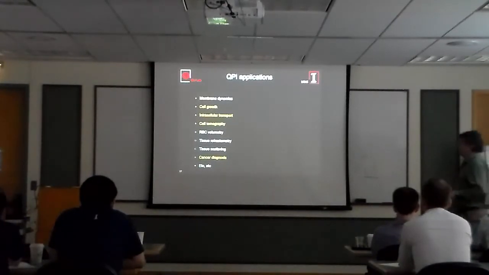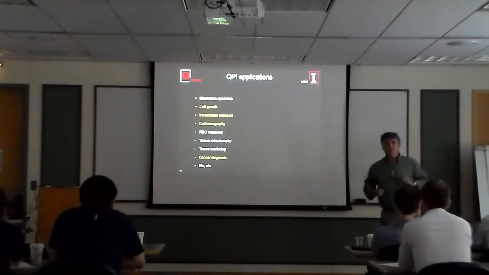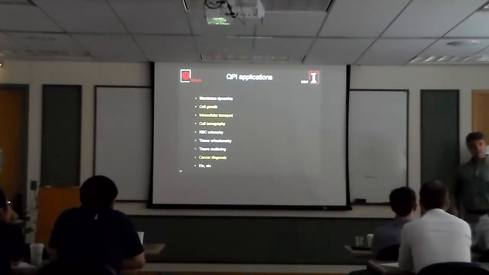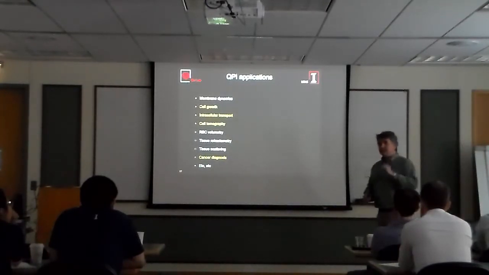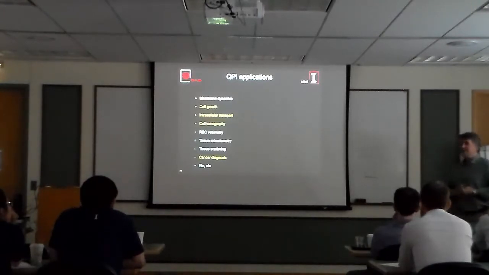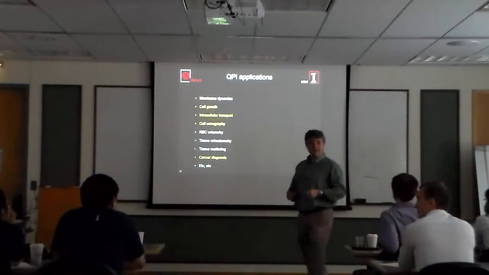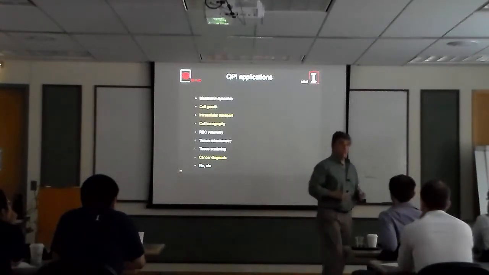tissue refractive index. So I want you to think of something. What scatters in the tissue? How many of you can answer that question? When you send this light to the tissue, what scatters? When you get this angular distribution from your tissue, what's scattering? What are you looking at? What structures? Is it the nucleus? Why?